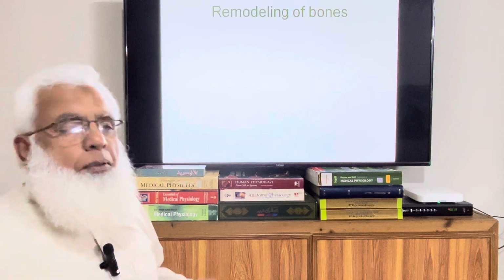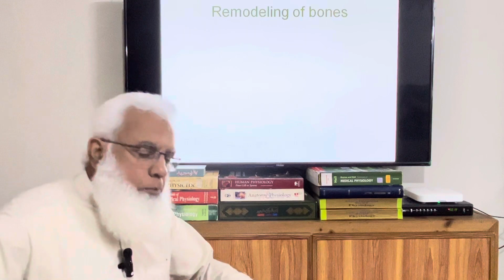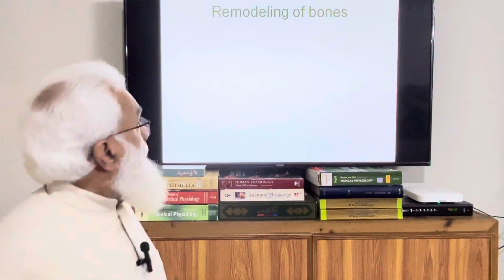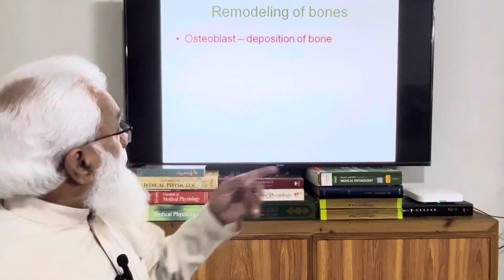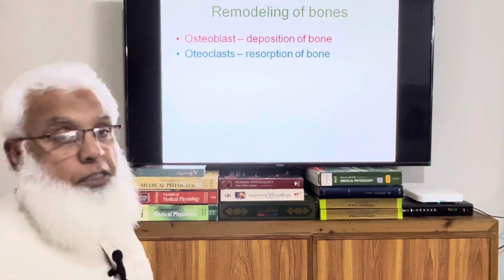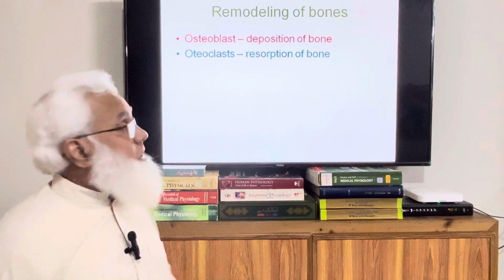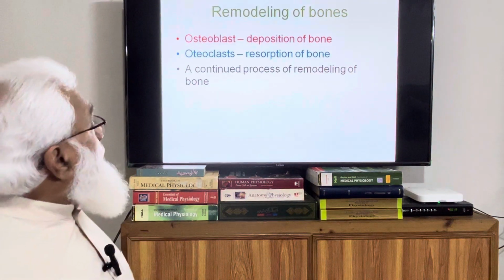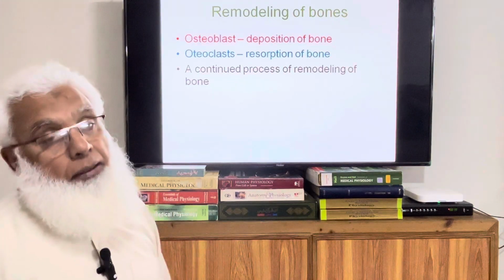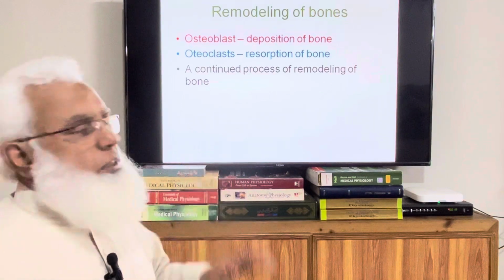The osteoblasts are the bone forming cells, and there are cells which remove the bone. There is constant remodeling of the bone that takes place. Osteoblasts, they deposit the bone, and osteoclasts, they are responsible for the resorption of the bone or digestion of the bone. Matrix is digested, salts are digested. A continued process of remodeling occurs, दोनों का balance bone की रीमॉडलिंग को रखता है. बोन हर वक्त नई बनती रहती है, पुरानी रिमूव होती रहती है.